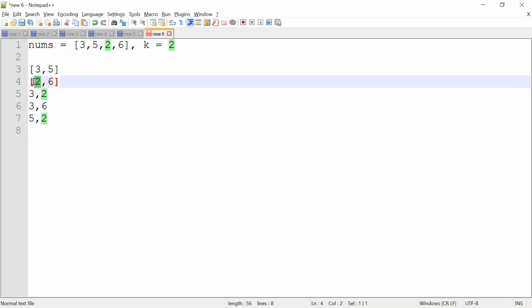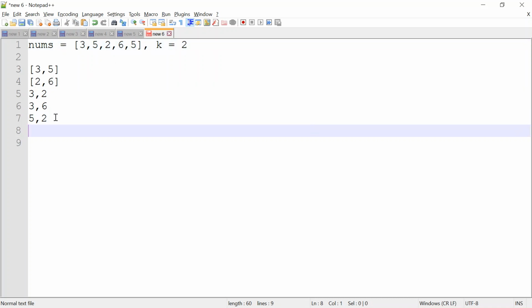This is the minimum, because 2 right now, when compared to any of the integers of the subarray at the first index, is the least one. So we are good with this one. Say I added a 5 here. Then in this case my minimum subsequence would have been 2 comma 5 in this place, because I have another number which is less than 6.